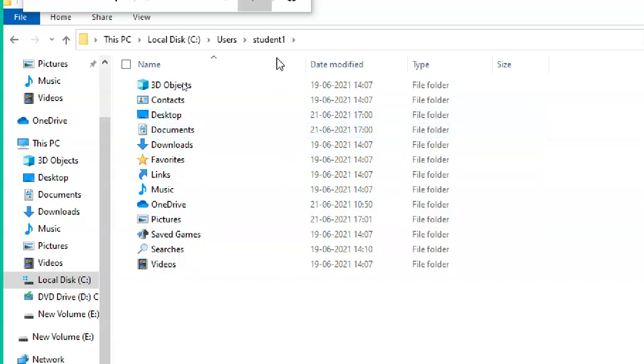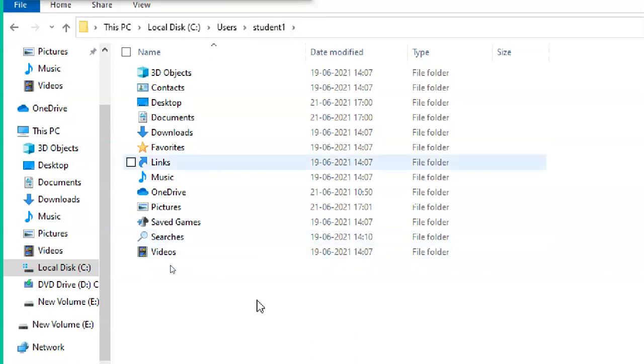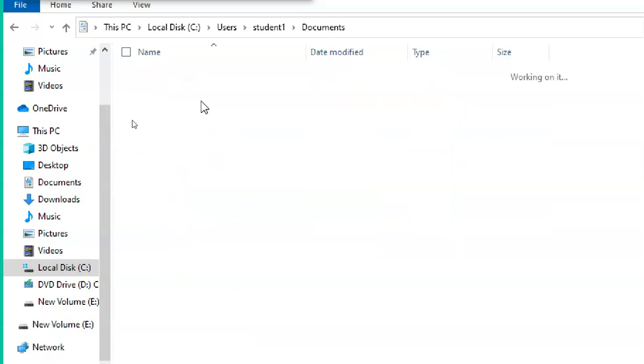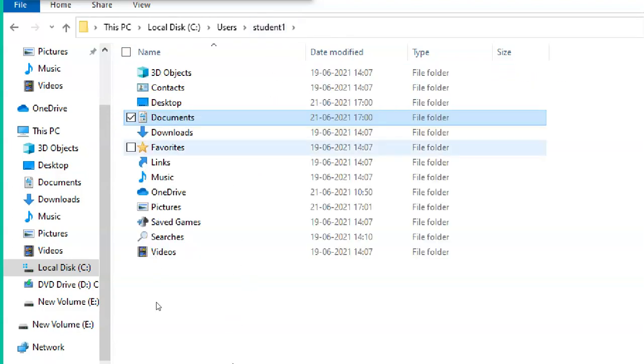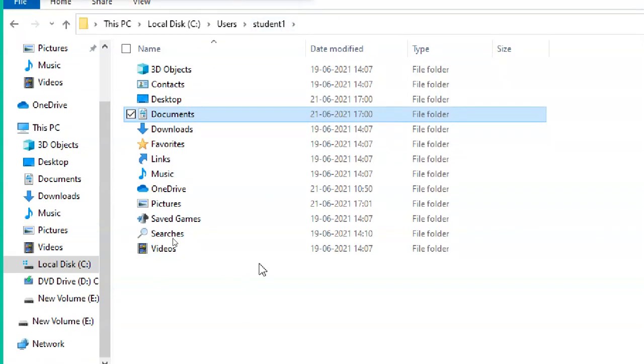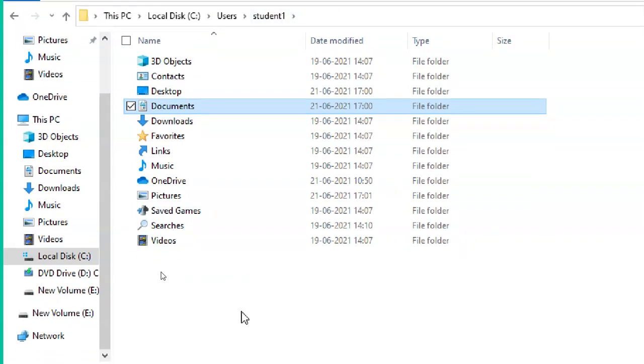All these belong to student1 only. If I log into another user and open that user's documents, I can't see this data. This particular file won't be available, because this data is stored under this folder only.